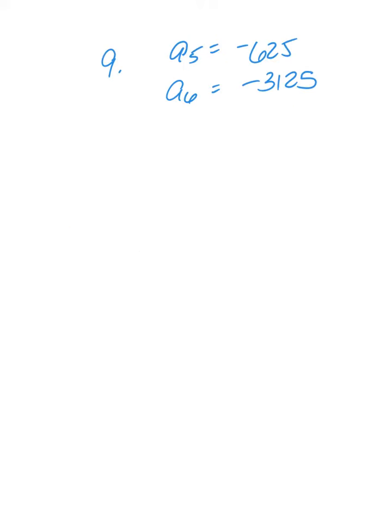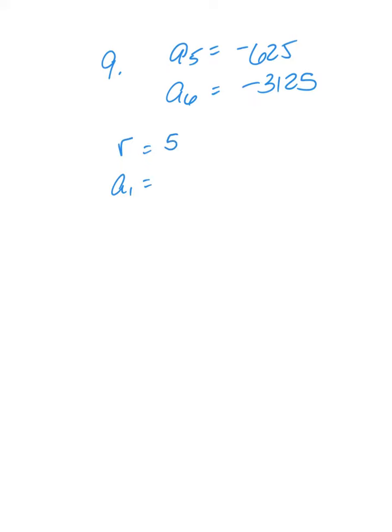What can you tell me about this problem? We need R and we need A1 to find the explicit. What is R? R is 5. Okay, so if we use the formula, let's make A5 A_n. So we have